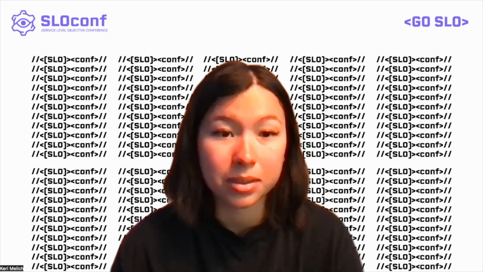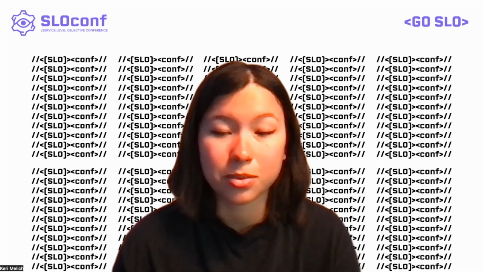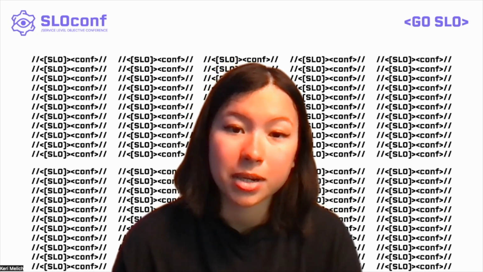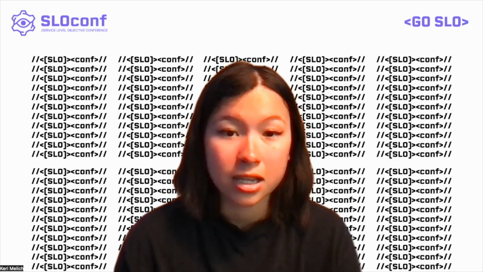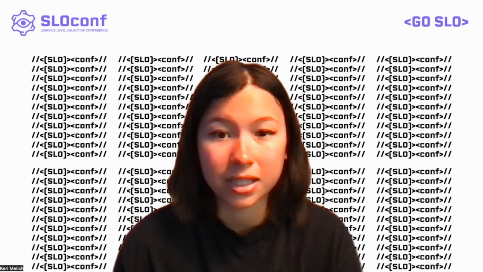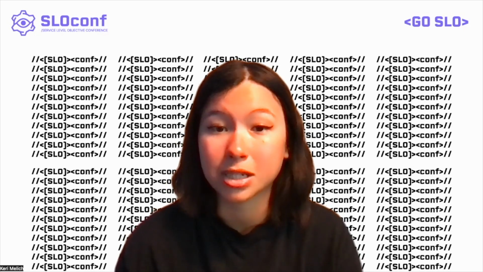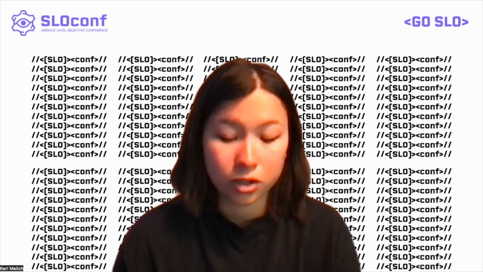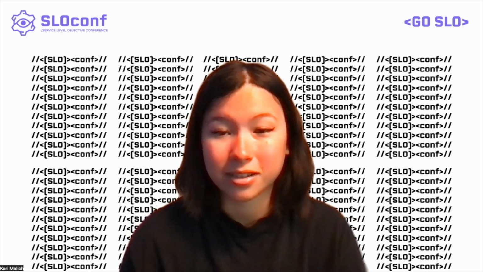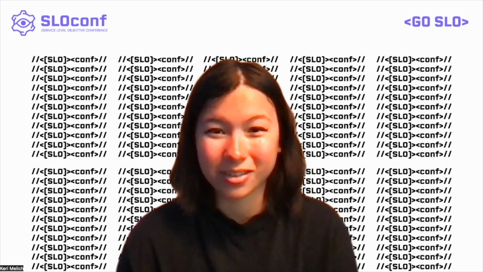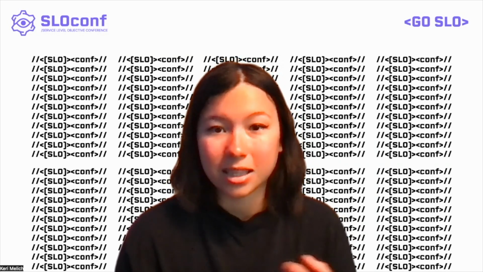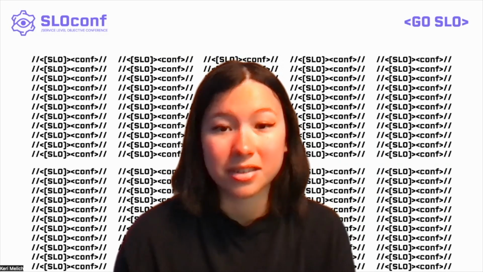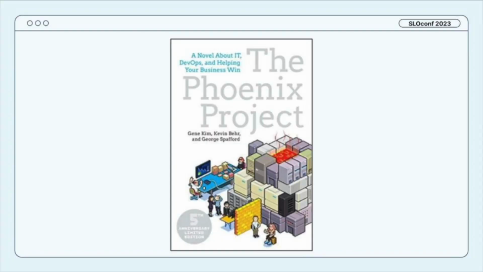I think where this comes into play is talking about the perceived value. Making sure everybody is aligned and on the same page is already going to make your customers significantly happier, because they're going to get the information that they need faster and more reliably as well. There's a really good book that talks a lot about this process of getting the buy-in and getting everybody on the same page, and it's The Phoenix Project. If you haven't already read that, I really recommend it.